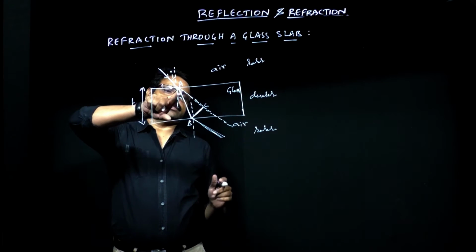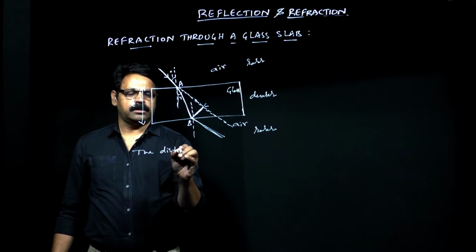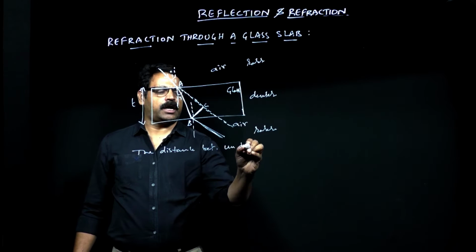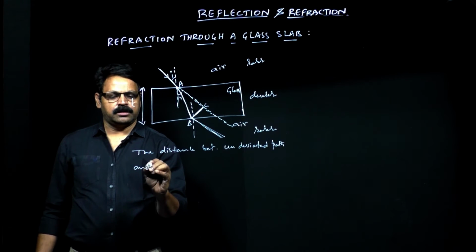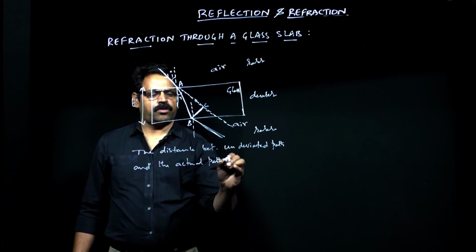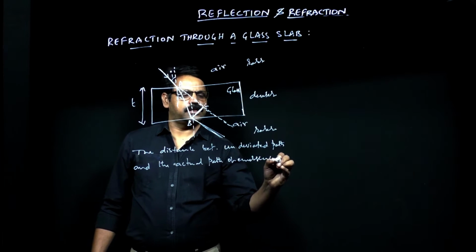That means the distance between the undeviated path and the actual path of emergence is called